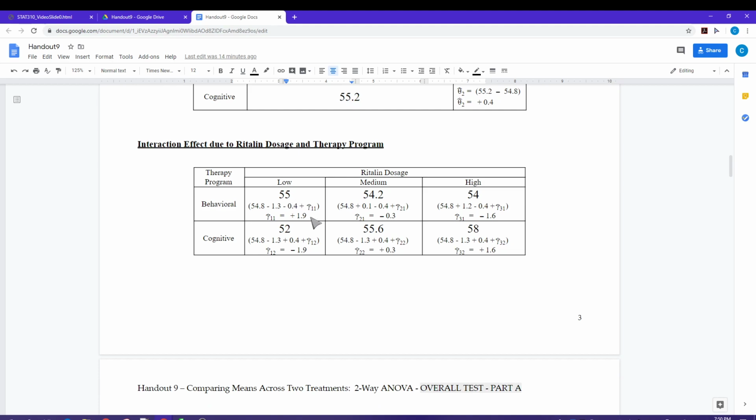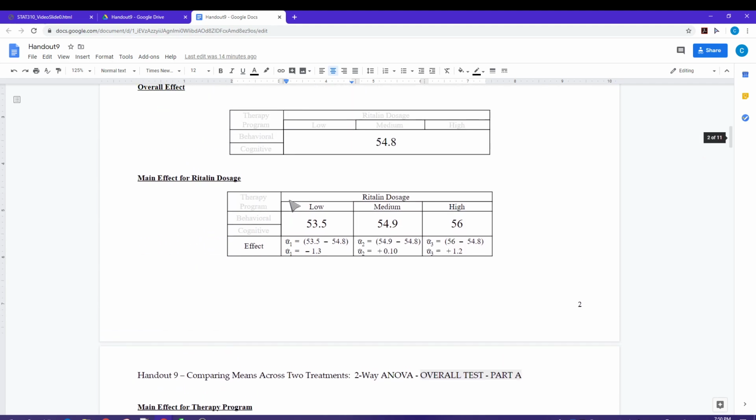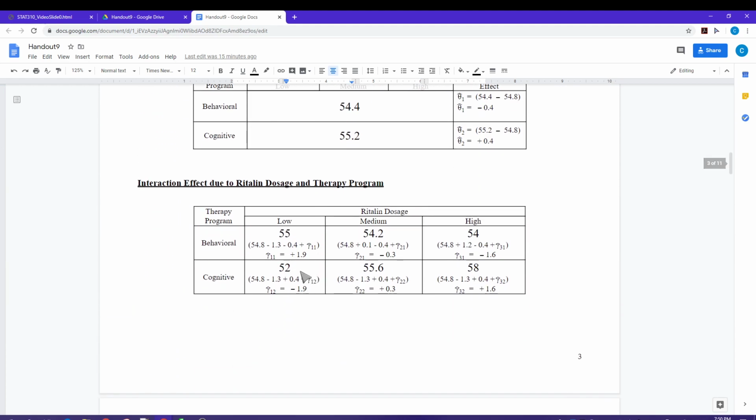Now this is what's called an additive model. What we mean by that is I start with the overall average, 54.8. I need to subtract a little bit because I was in the low Ritalin dosage level. So again, what is the effect of being in the low Ritalin dosage level? Negative 1.3. So I'm going to start with 54.8, and I'm going to subtract the